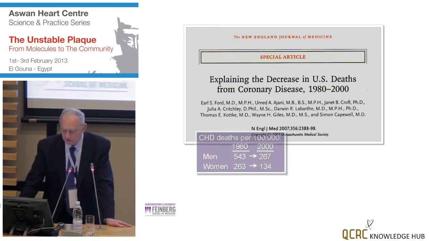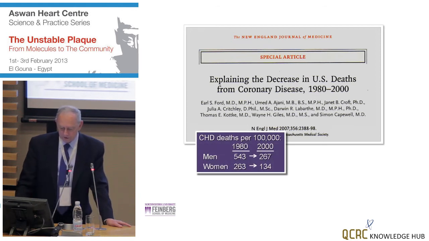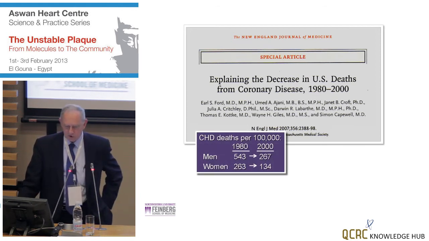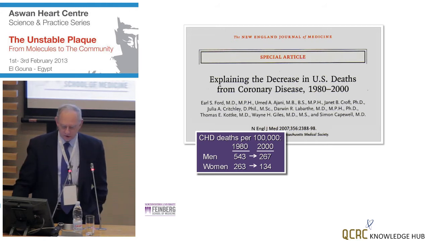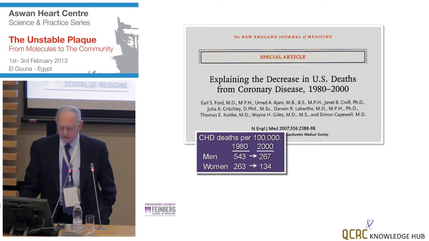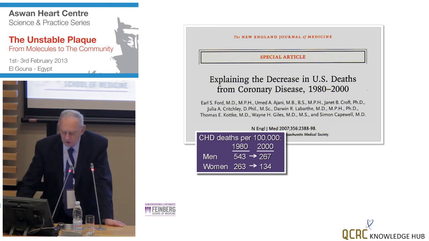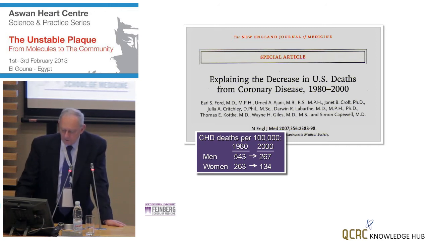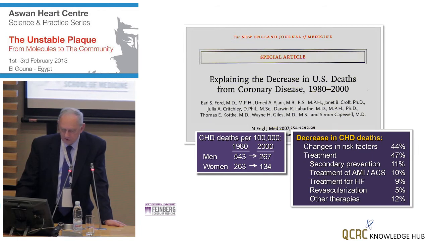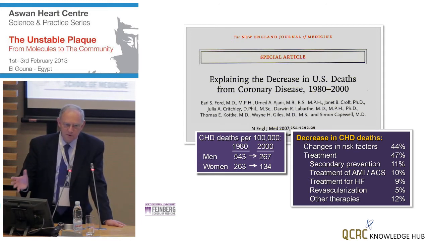And so in the US, Ford and co-workers pointed out dramatic reductions in the age-adjusted coronary death rate for both men and women between 1980 and the year 2000. Over a 20-year period, striking reductions in the annualized age-adjusted coronary event rate. They ascribe most of this to changes in risk factors, as we also discussed yesterday, 44%, and secondary prevention, another 11%. So over 50% of the reduction was ascribed to